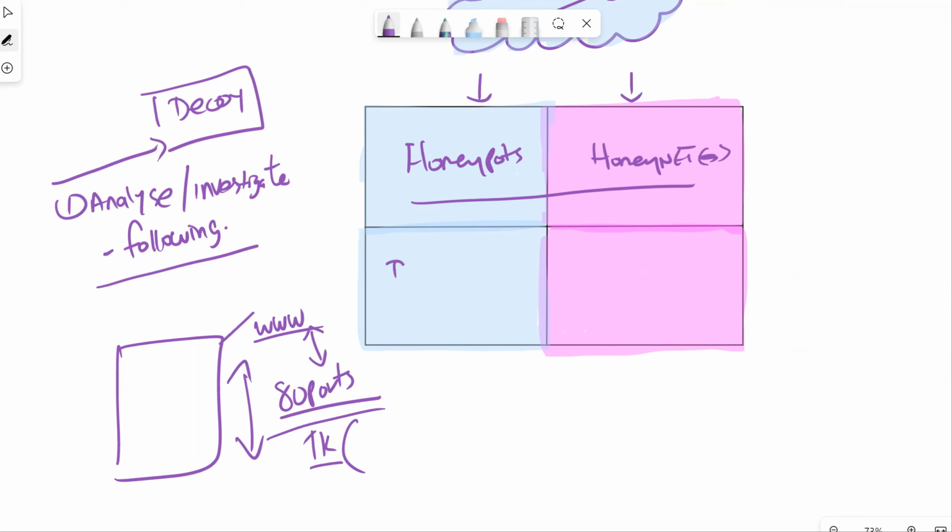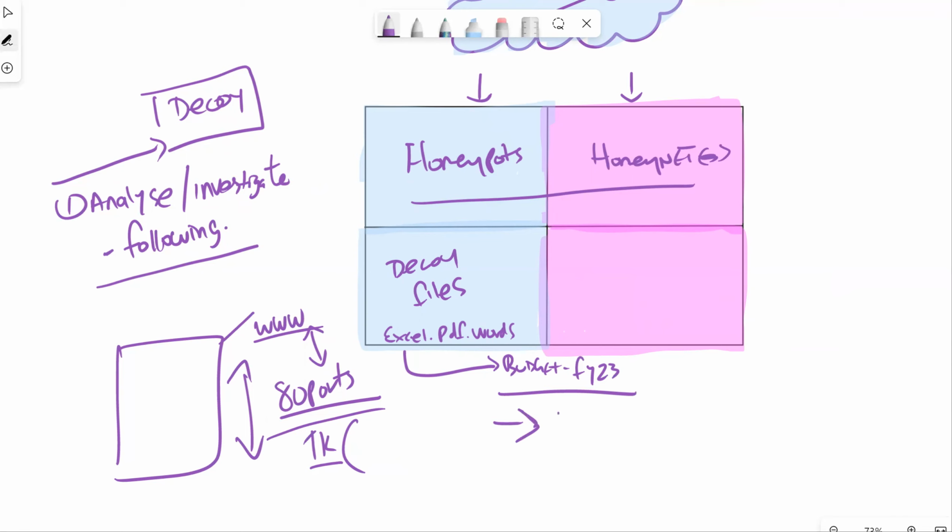We've also got decoy files that we can create. So decoy files are basically, we can create Excel files, PDF files, Word files, etc. And then we can give them convincing names like maybe budget FY23. And then we can give some sort of realistic name to these tokens. And then you can head over to, you can probably just think of one that kind of comes to my head, is Canary Files.